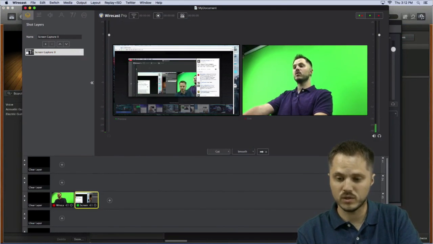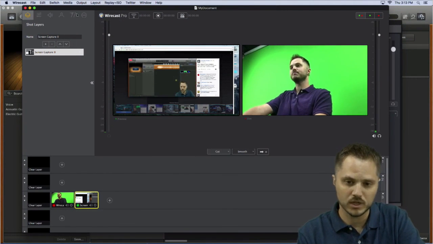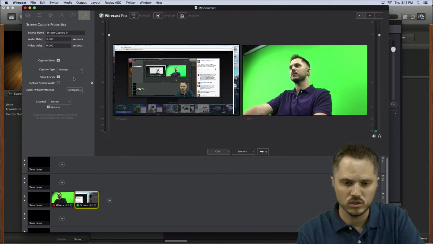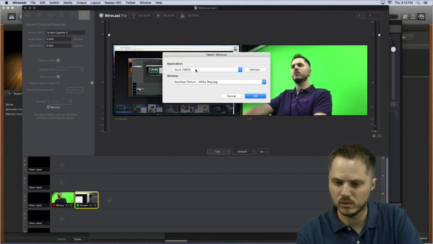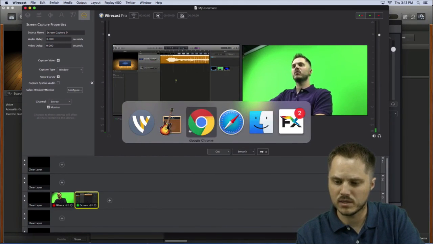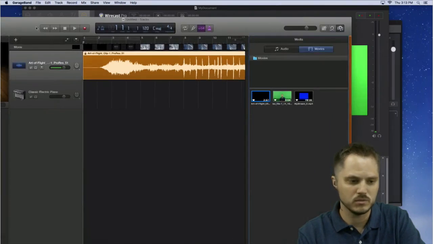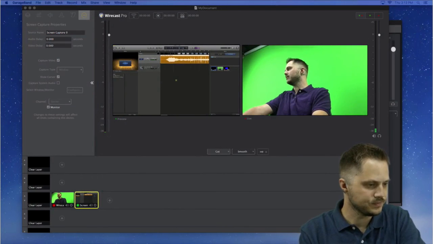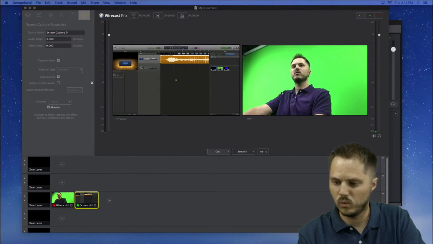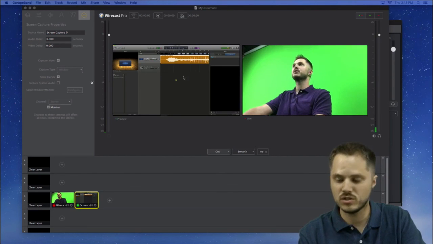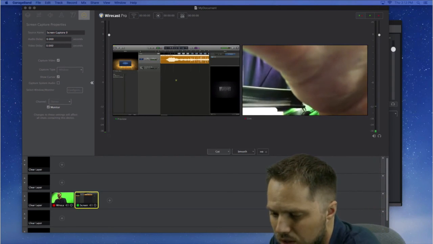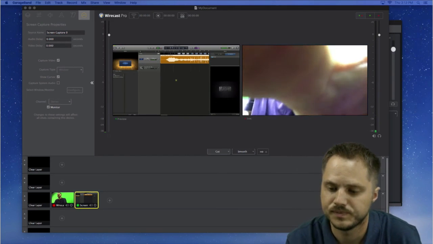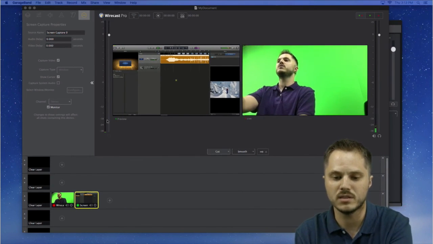So that's pretty cool. When you have the screen capture, and let's say you're showing, I'm going to actually configure this. Let's point it at GarageBand. So I'm going to do a window capture, and we're going to select the window here. We're going to choose GarageBand, Untitled Tracks. So now when I jump into GarageBand and I play this back, and I'm just going to do this over here so you can see on the screen here. If I hit the play button, this audio would get captured into Wirecast and would play back, and you'd see this audio jumping up and down.